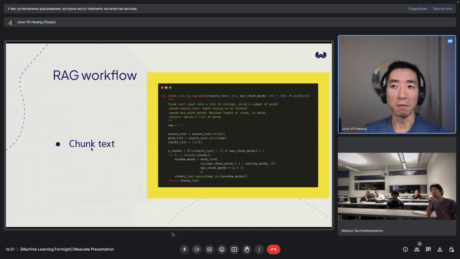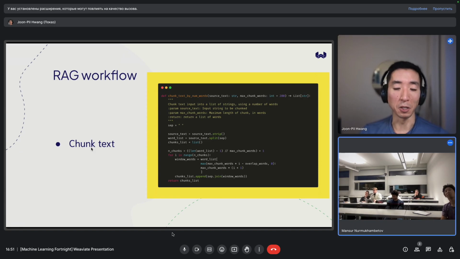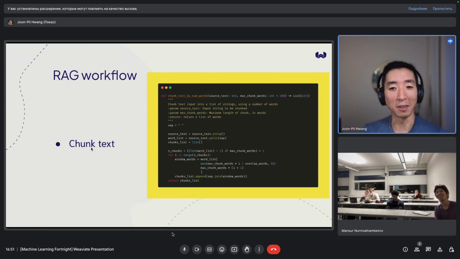If it's too granular, getting a sentence back out of context is not that useful either, because you might just get a sentence that says chunking is really useful. If you search for chunking and then you're like, so what? How do I do it? It's not that useful, right? So you want a whole paragraph back, or you want a section. So it's something to play with. But the advice I've seen is somewhere between 100 and 200 words as a starting point, and then go from there.